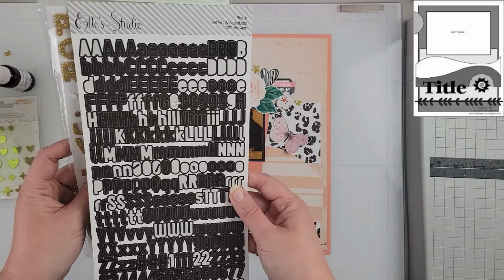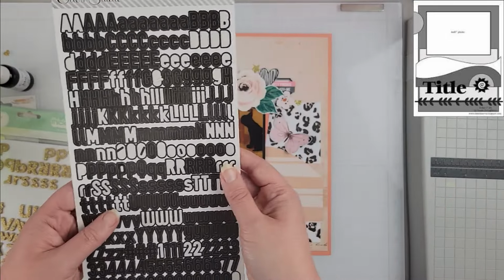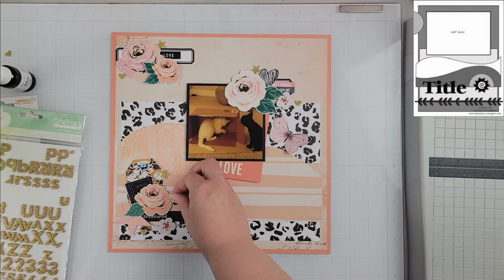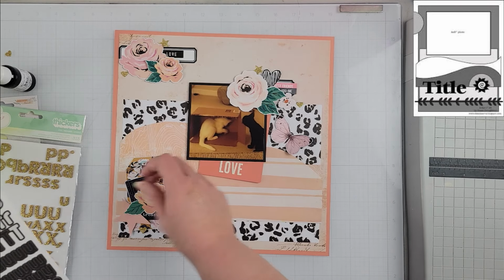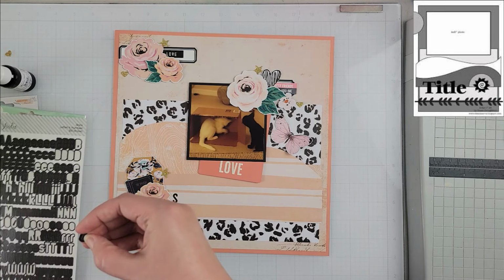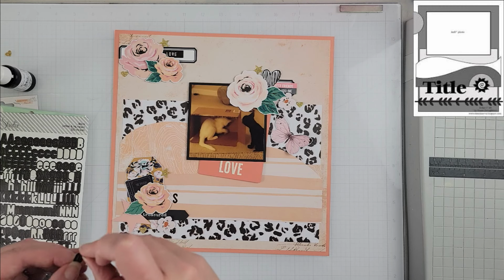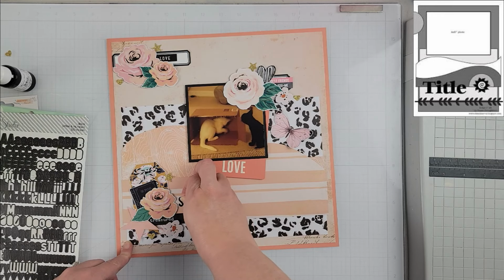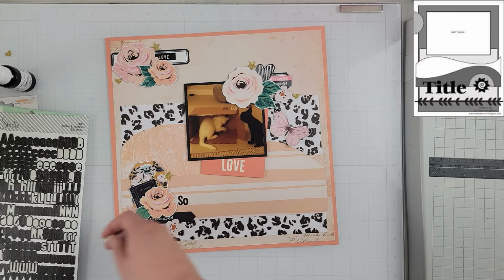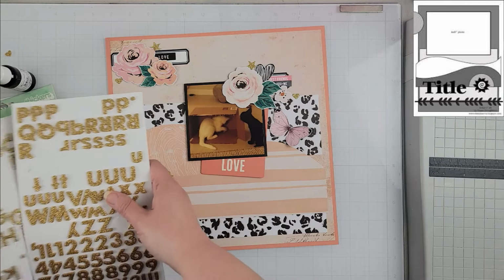So I have these Dear Lizzie Really Old Fox thickers, and then I have these Ellie Studio in black. And my title is definitely nothing too exciting and original. I have such a hard time with titles. So yeah, this is in no way an exciting title, I didn't think about it a whole lot. So I am just going to go with So Curious, because anyone who has a cat knows